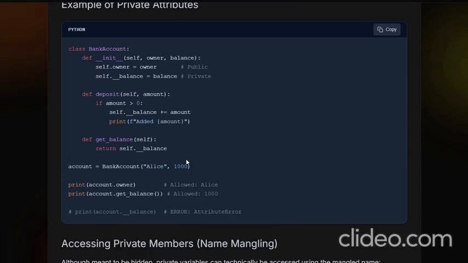And if we are using protected, then a certain criteria is given to the user to access. Then we have an example of private attributes given here. We have a class BankAccount. Then we have a constructor having self, owner, and balance. So self.owner is a public value that can be accessed from the outside of the class. Then we have self._balance equal to balance, that is private and cannot be accessed from the outside